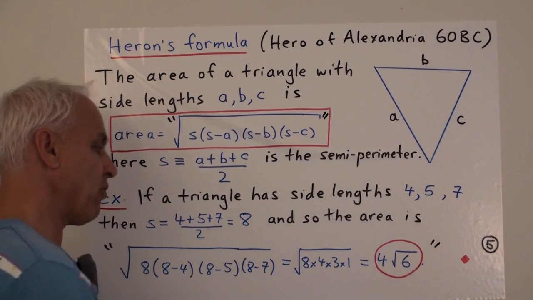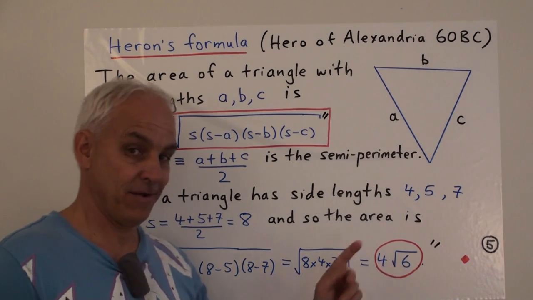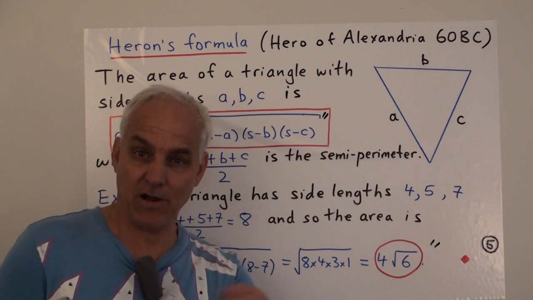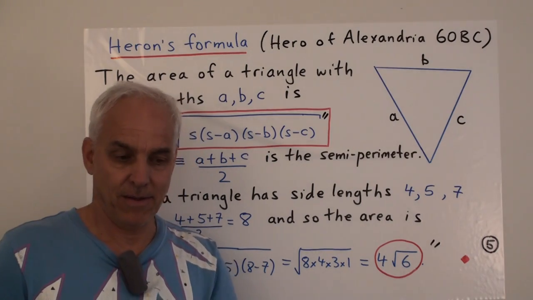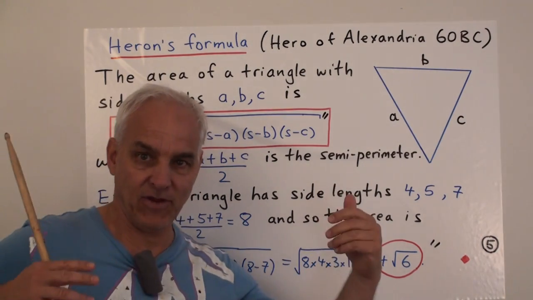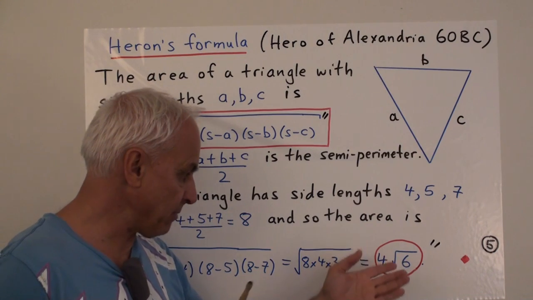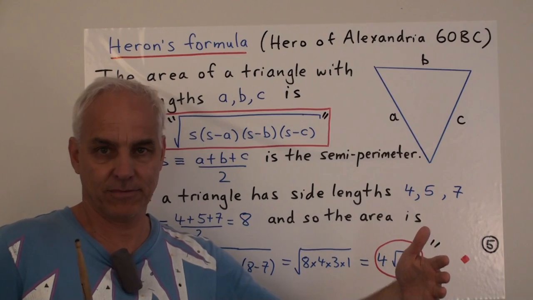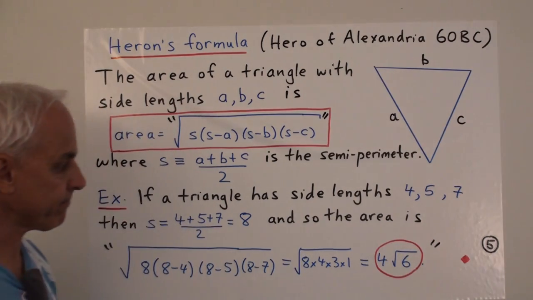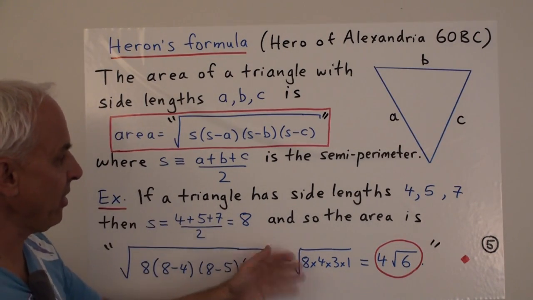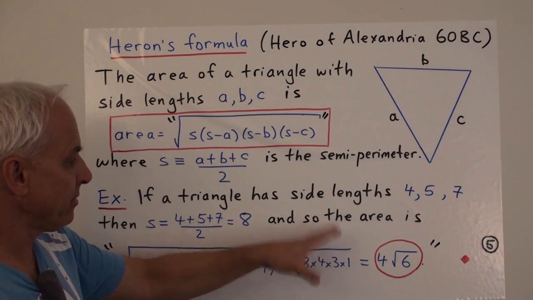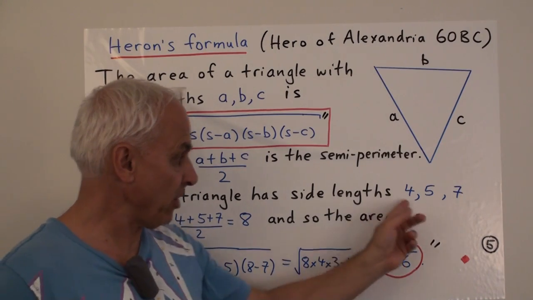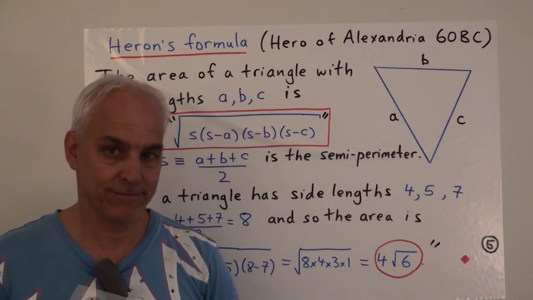And again, we're going to put this in quotes because for us, with a rational point of view, that square root of 6 represents only an applied or approximate quantity. There's no real square root of 6. This is some kind of statement about some truncation of some process. So that's a classical example of how Heron's formula would be used to calculate the area of a particular triangle if you know its side lengths.